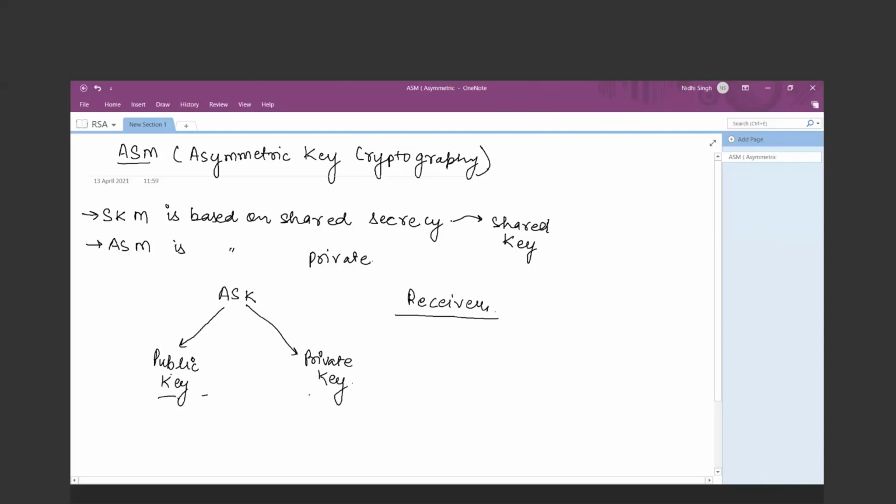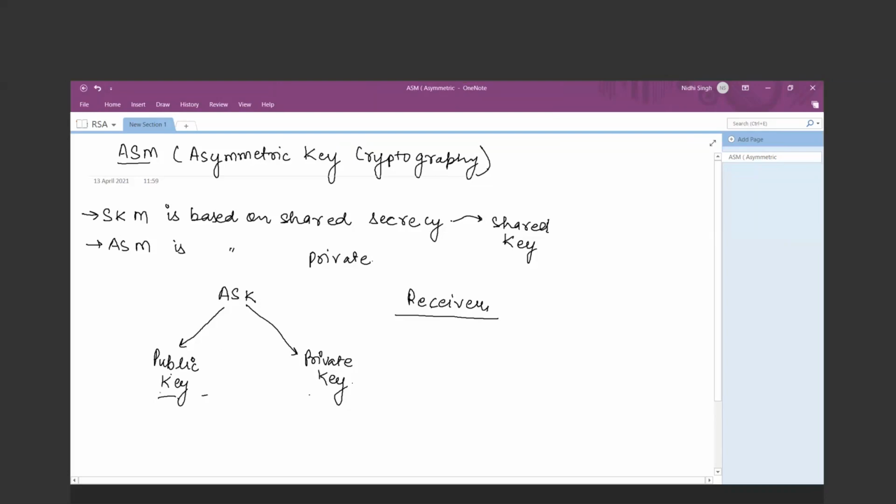That is the part that most of the students will get confused, because the next topic, digital signature, will do this process from the vice versa perspective. So just listen properly to what I'm trying to say: the basic asymmetric cryptography encryption and decryption algorithm is associated with the receiver's public key and private key. There is no need of the sender's public and private key. Only we have to use the receiver's public key and the receiver's private key.